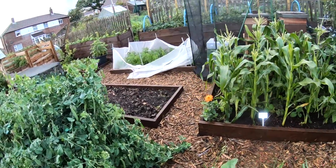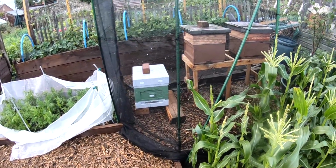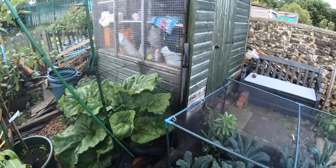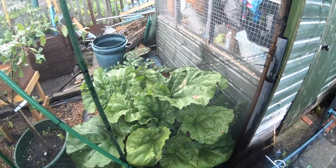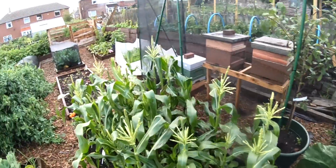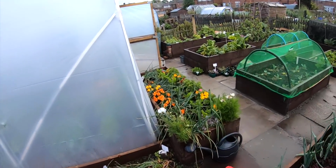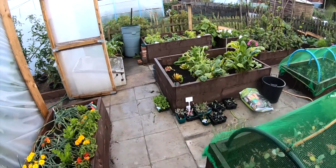I moved that other frame into that place there. So just waiting for the nod really to get them shifted. Mind you, that one side of the rhubarb hasn't half come on there, to be honest. I'll tell you what I'll do as well while I'm here. I'll pop these down here, because they look to be ready, and I'll pick